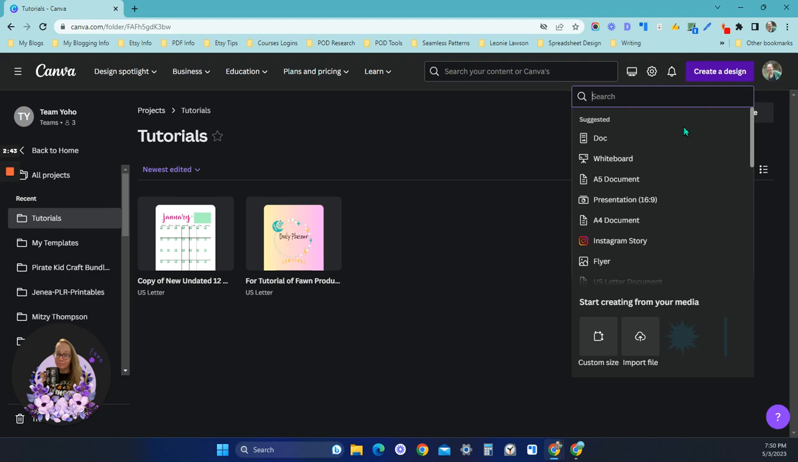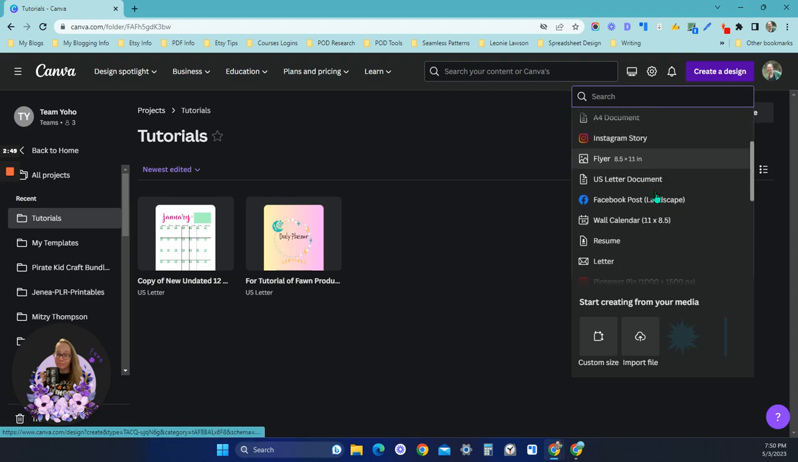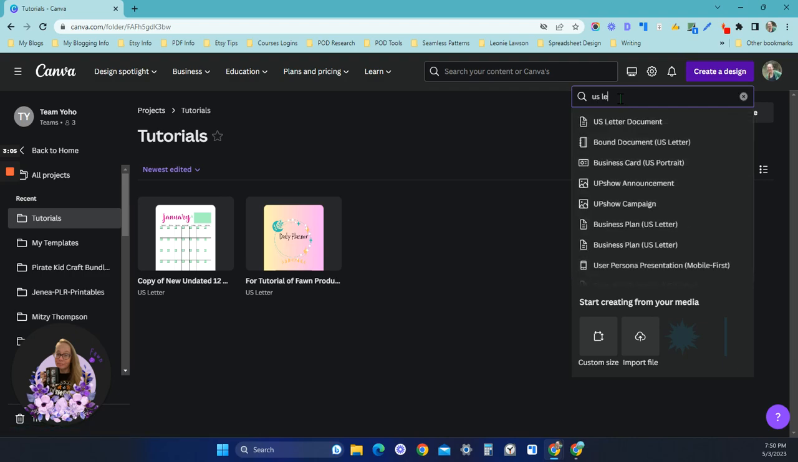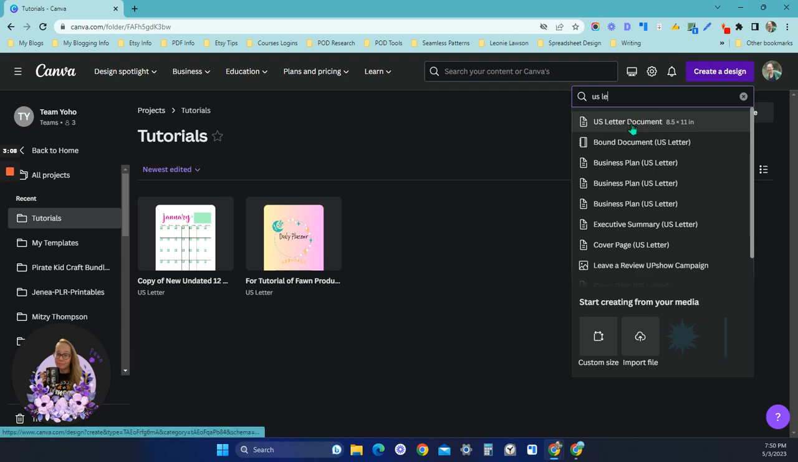or design in this case. If you wanted to, you could go through and look at what they have populated here because they have suggested sizes that are probably their most common things searched. And you could find US letter size. And you could click on that and it's going to pull up a blank US letter size document. Your other option would be you could search up top for US letter